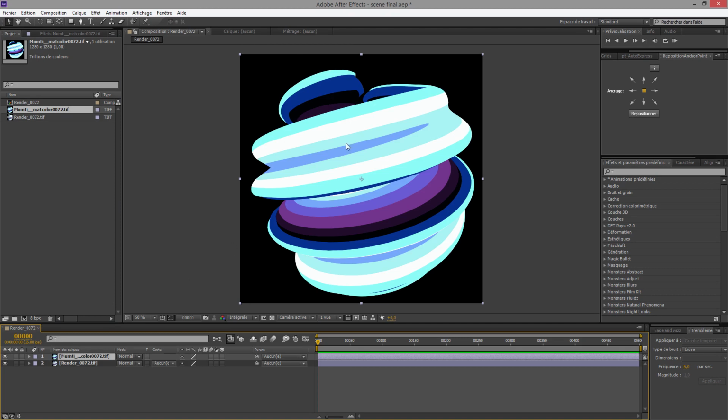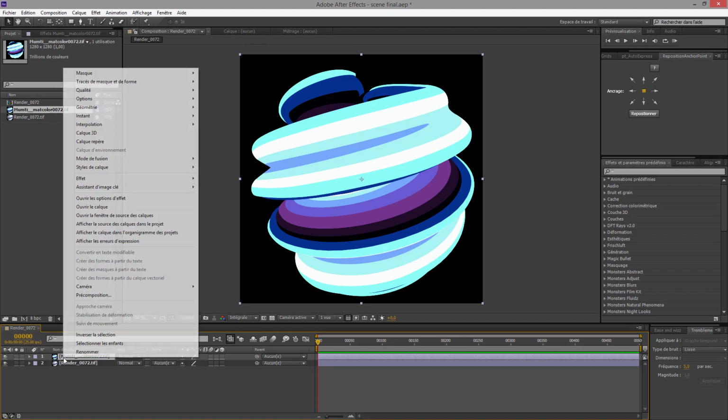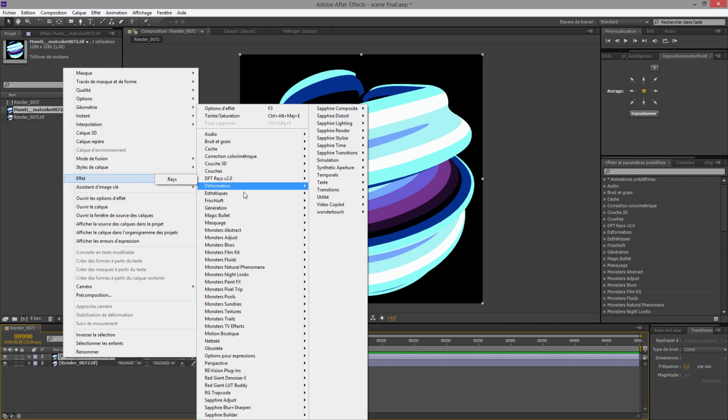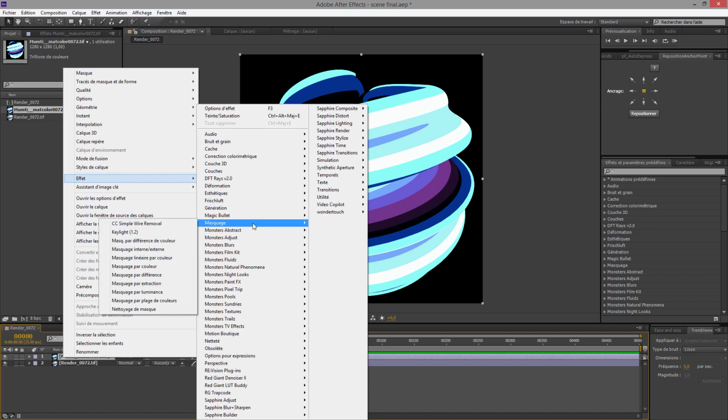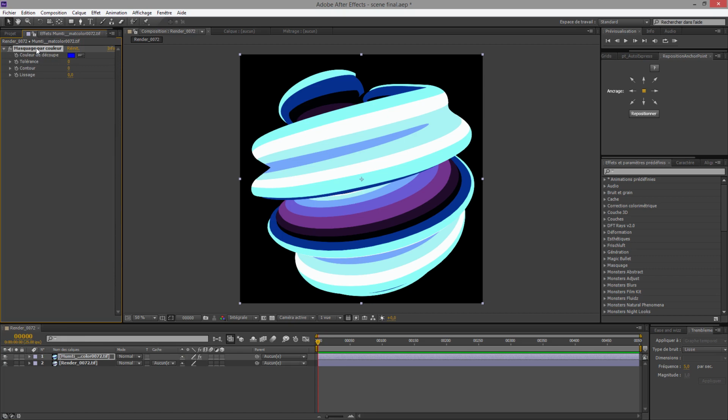Okay, right click on it, go to effects. So in English maybe mask, and in French it's this one, and in English I don't know really, so I translate it's mask by color. I'm not sure if you can find it. So we will create a mask by color, that's the tool. So click on the color and I will mask maybe, I don't know, maybe it's this dark blue here.